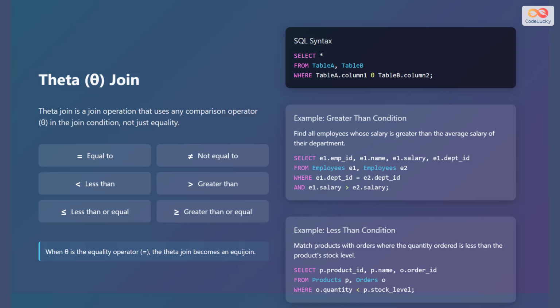When theta is the equality operator, the theta join becomes an equijoin. The SQL syntax for a theta join is: select * from Table A, Table B where Table A.column1 theta Table B.column2. For example, to find all employees whose salary is greater than the average salary of their department,